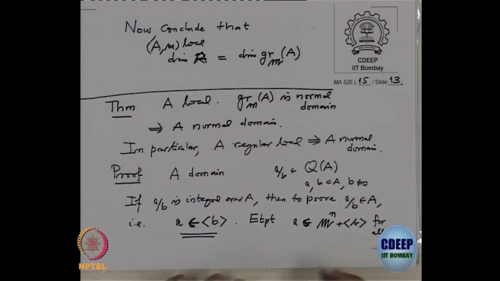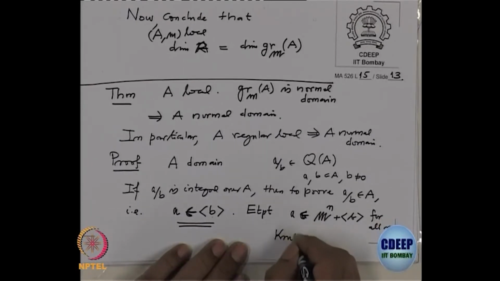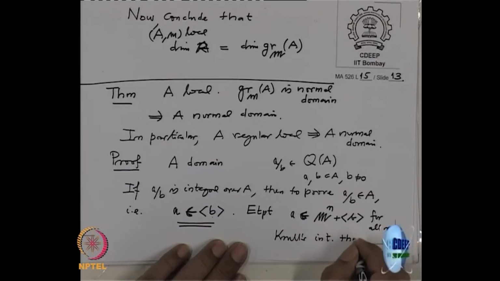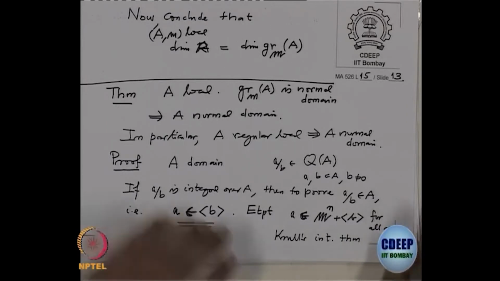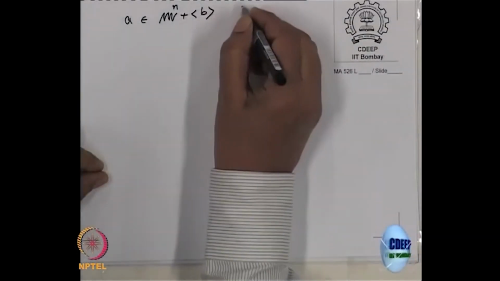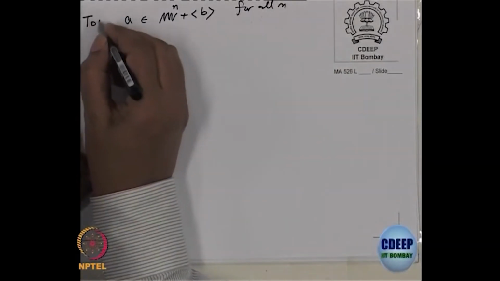That is where I will use Krull's intersection theorem, which says that in a Noetherian local ring, if you take the powers of m and intersect them, it is 0. Okay, so we want to prove this for all n. To prove this,